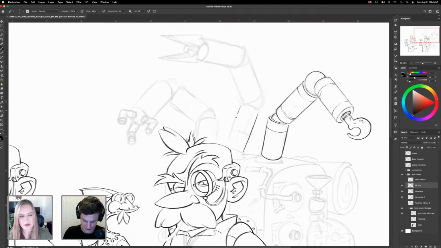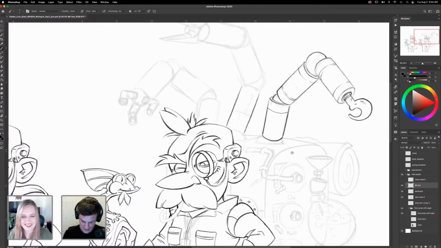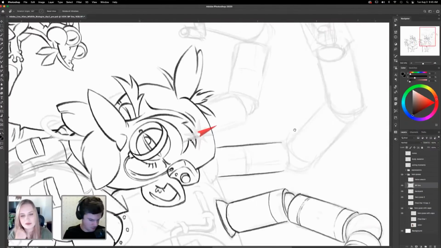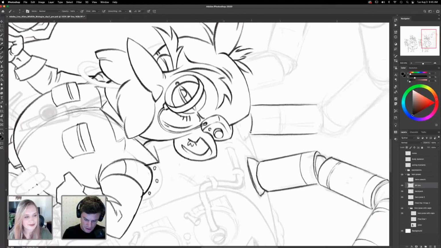Kevin in chat is saying, man, smoothing on 0%, the control. You have so much line control. Oh yeah, the only time I really use smoothing is when I'm not on a Cintiq. When I'm on my iPad, I find that it can be a little harder sometimes to get really good lines, and I think because I'm getting so used to these bigger screens, I'm able to get better motion with this bigger screen. But I also don't even know if I really knew it was a feature for a long time. I was like, oh, what is this?